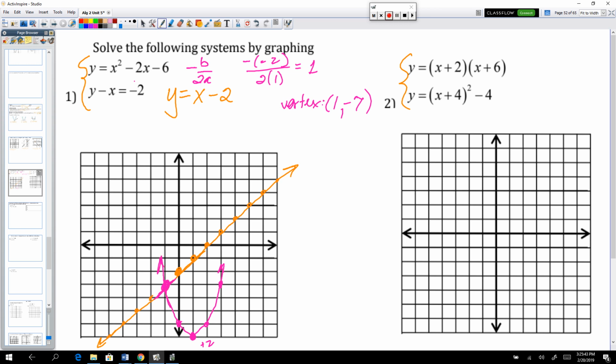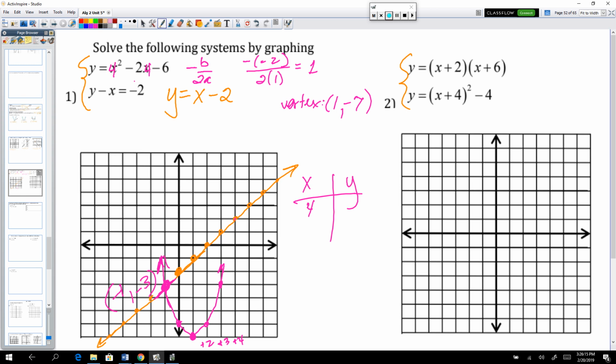So one place we know that this crosses is at (-1, -3), so that's one solution. But then we know that this continues up here, so we'll need to continue inputting values into our function. This was a +3. If we were to put in +4, let's see if that is where this one crosses here. So if we put in +4 for x,